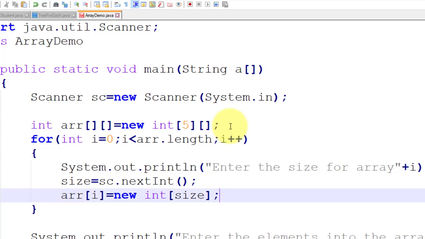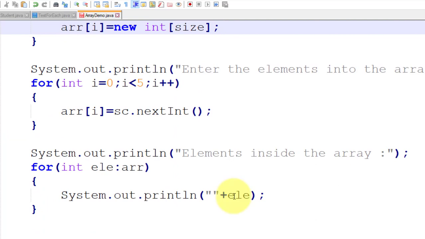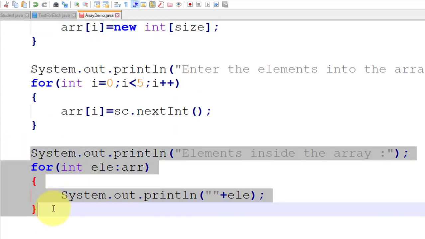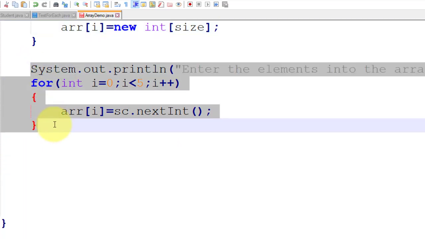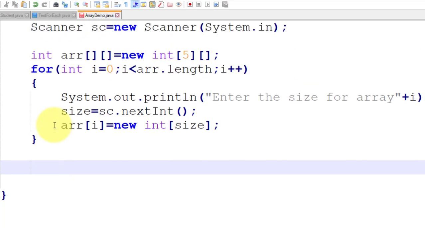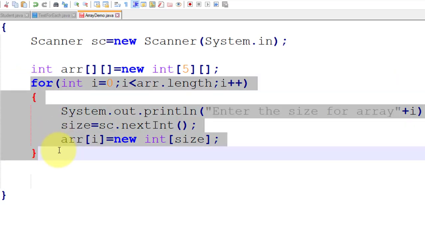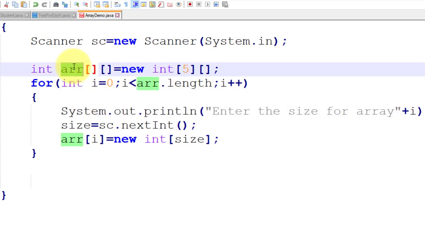Okay, so I am defining it. I remove this code. So this is the code to just allocate the memory location.